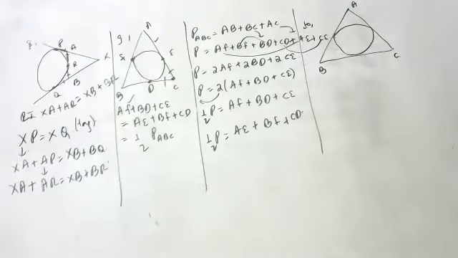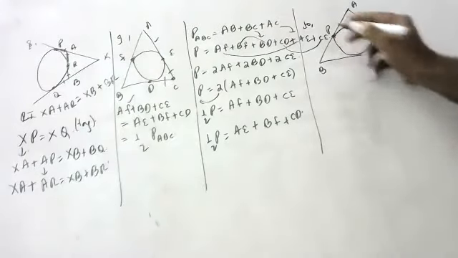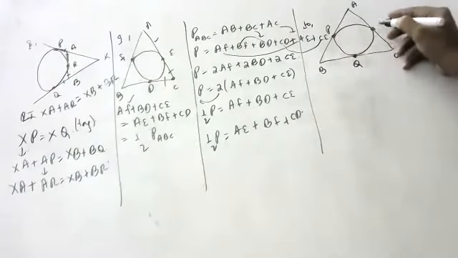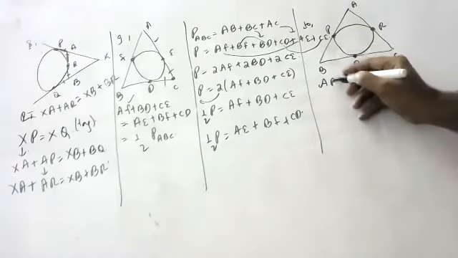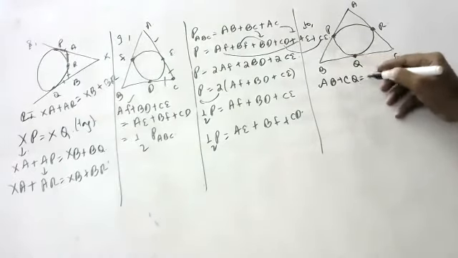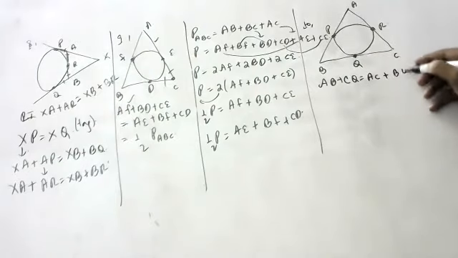Okay, so it is there like this, children. This is P. This is Q. This is R. The sides AB, BC, CA of the triangle touch the circle at P, Q, R. He is asking us to prove that AB plus CQ is equal to AC plus BQ. He is asking to prove. Can anyone tell, children?